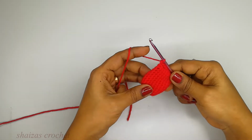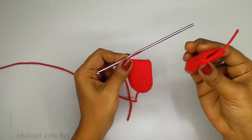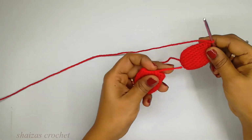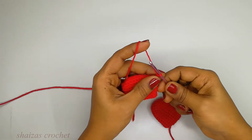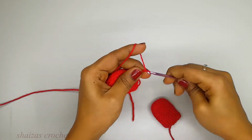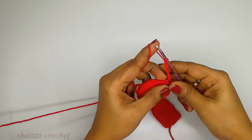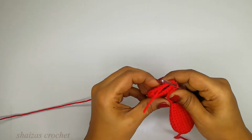Now we have made the leg here. We have to make one more piece, same as this. Now we are going to attach the second leg. For that, we will make 6 chains. 1, 2, 3, 4, 5, 6 chains, and we are going to slip stitch